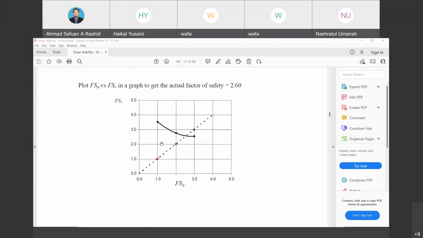Then to determine the factor of safety value, we should draw a line of equality. The intersection between the relationship and the line of equality is the value